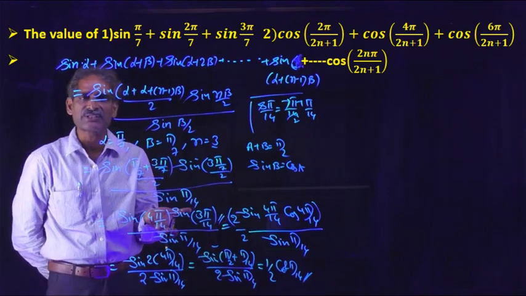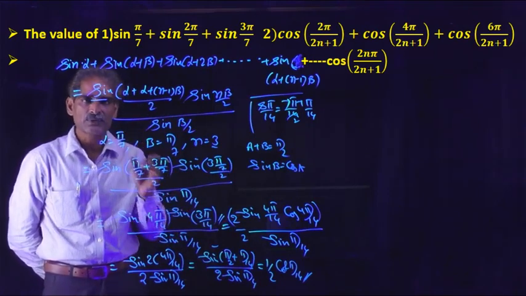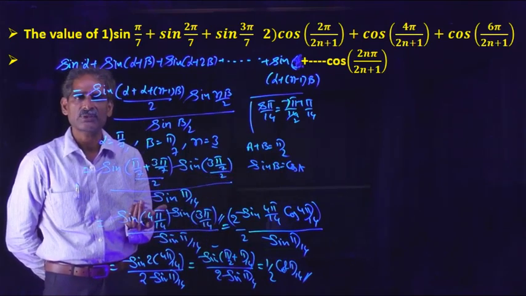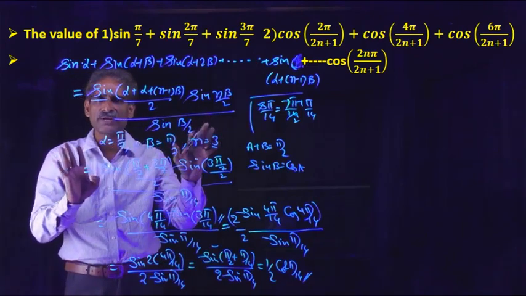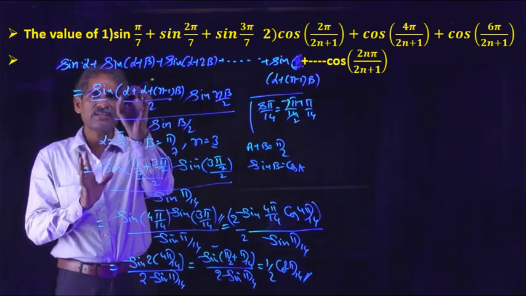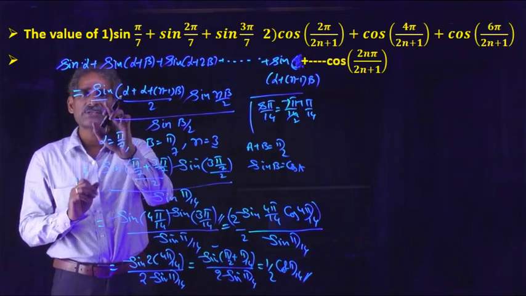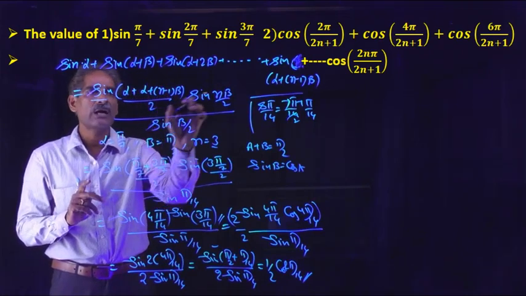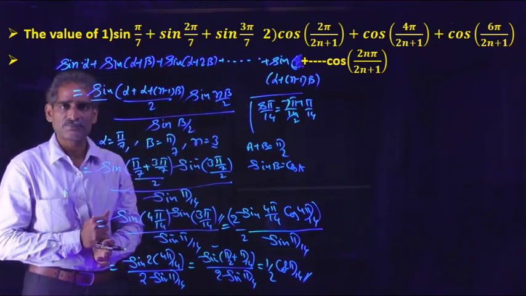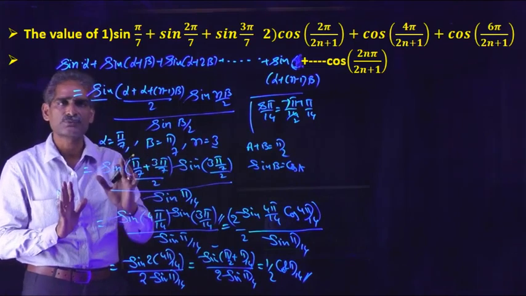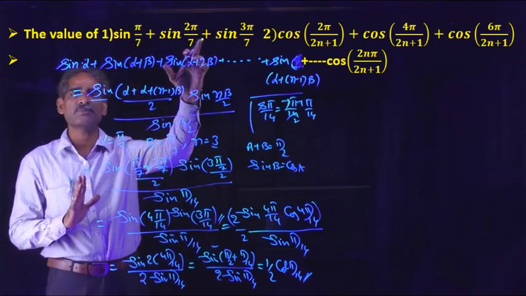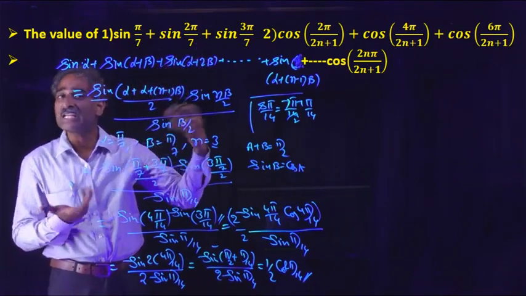This is totally simplification. It just depends upon simplification. You can do this problem with simplification within the time. There are only 3 terms you have to find: alpha value, beta value, n value. Otherwise simply, sum of the first angle and last angle by 2, the first function, sin of first angle and last angle by 2, and sin of n beta by 2. Beta is the common difference and n is the number of terms. If you know these 3 values, we can find out this expression value up to any number of terms. Here we have given only 3 terms, but we can extend this formula to any number of terms.